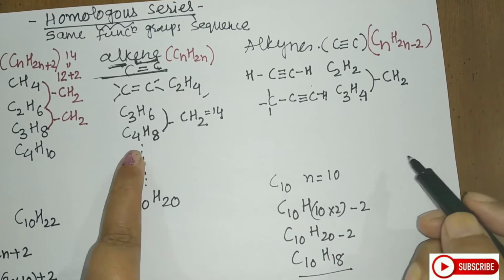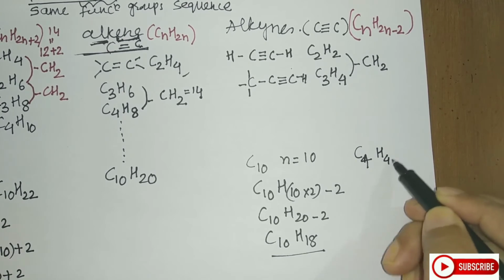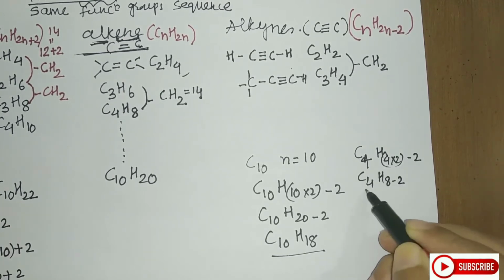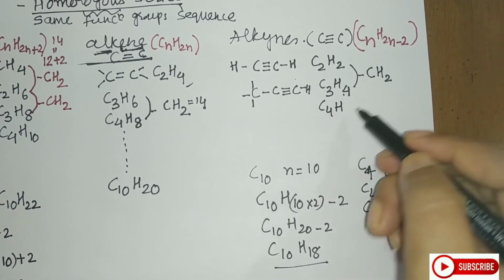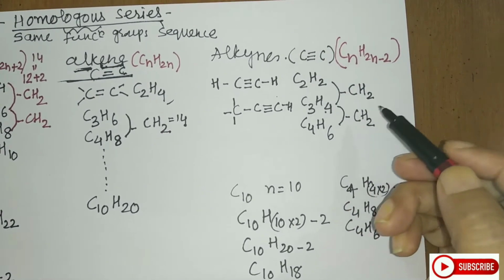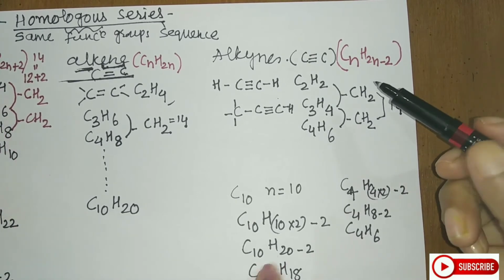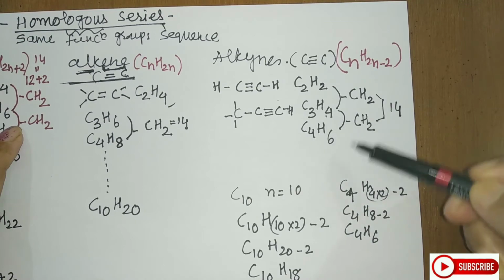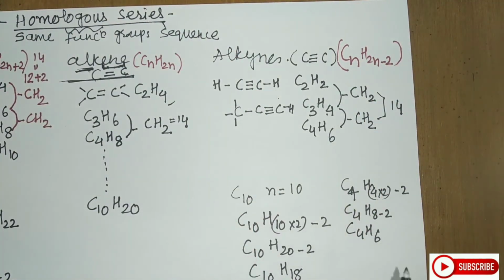So how many carbon atoms here? 4. So it will be C4, H4 into 2 minus 2. So it will be C4, H8 minus 2, C4, H6. So what will be the next one here, students? C4, H6. So we see the difference between this is again of 1 carbon and 2 hydrogen. And so the mass that will differ here is of 14 units. So simply without using the formula, what you can do is, if you get the first homologue, simply go on adding CH2 to it to get the next homologue. Now this particular group will also have the same physical and chemical properties.